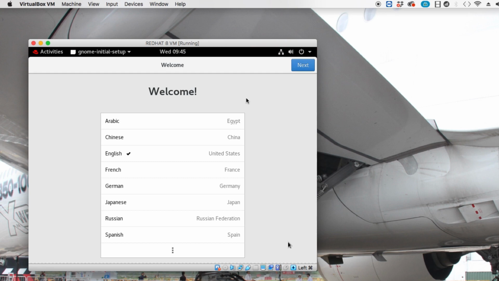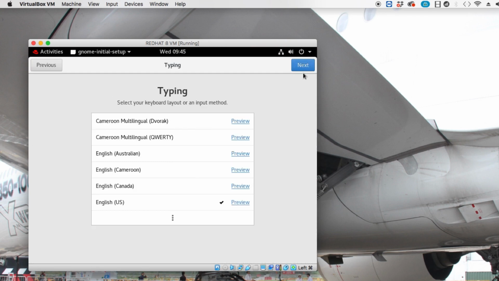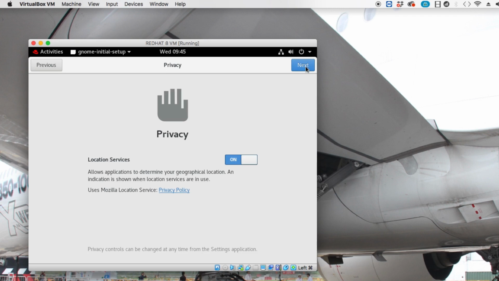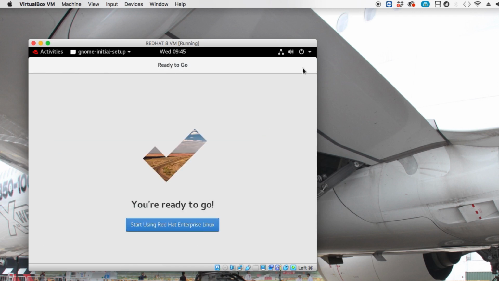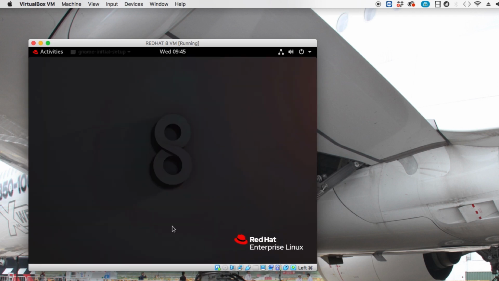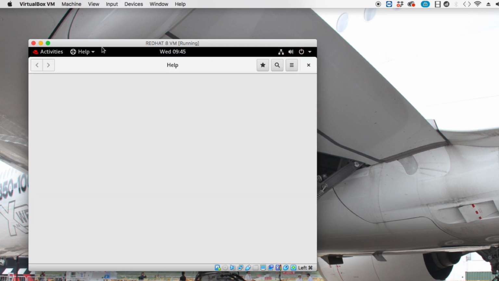Okay, so on the welcome screen, select English and click on next. I'm probably just going to be clicking on next on the prompts that I'm seeing here. Click on skip here and then click on start using Redhat Enterprise Linux 8. So to install the Guest Editions software,